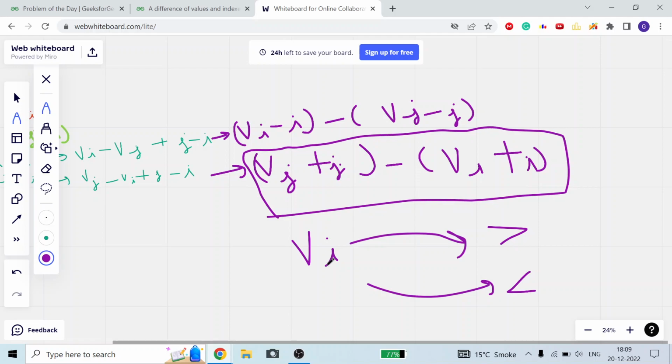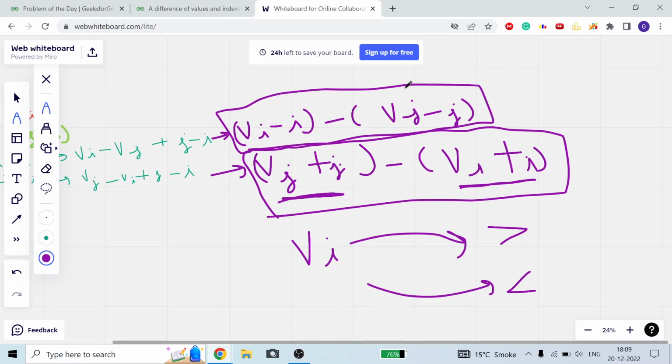So what we will do, we will check for all values greater than vi, because this is the constant value. We are at the ith element, so we can compute vi plus I in O(1). This is just a simple value, but if my vi is greater, then this will follow. This is for all the values that are smaller than vi.